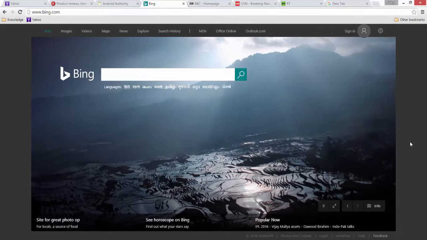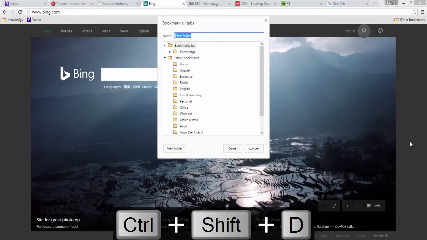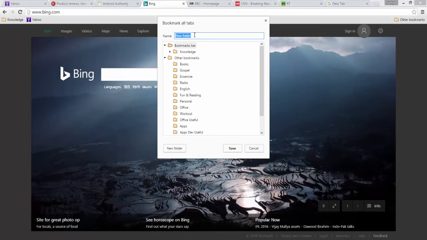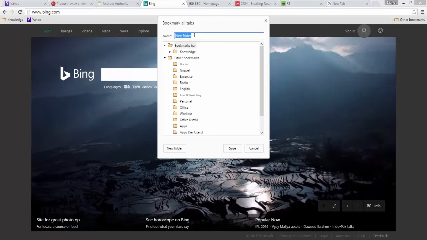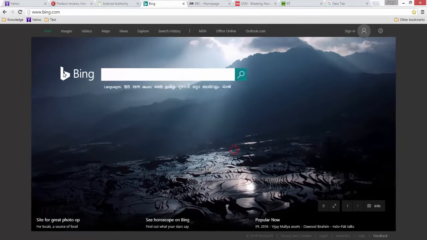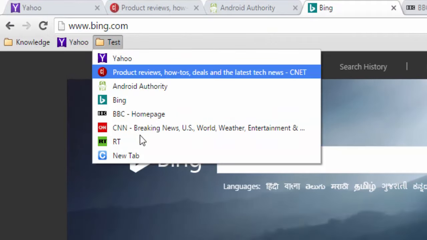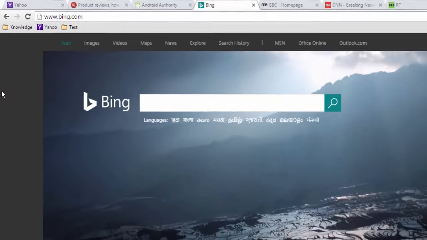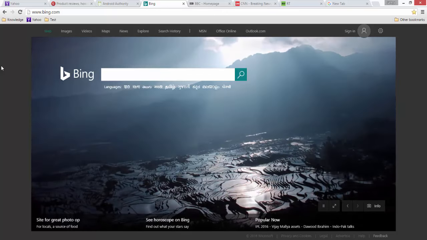You can use Control Shift B, which will invoke the option to create a folder. Let's say I want to create a folder called test. When I type test and save, you can see the test folder is created and all the opened tabs are added as bookmarks. So this is one of the simplest ways to quickly add all the open items as bookmarks.